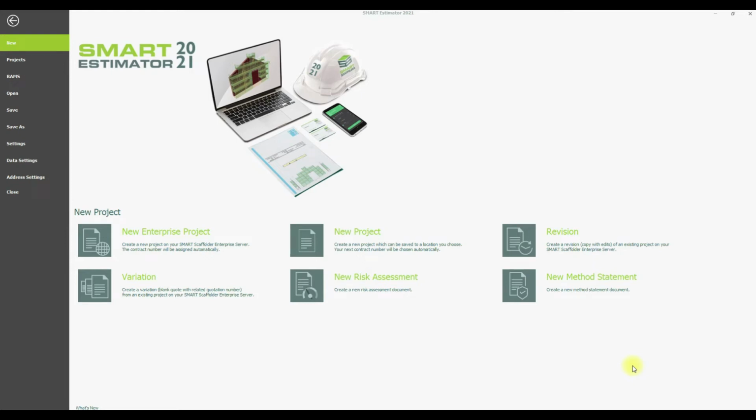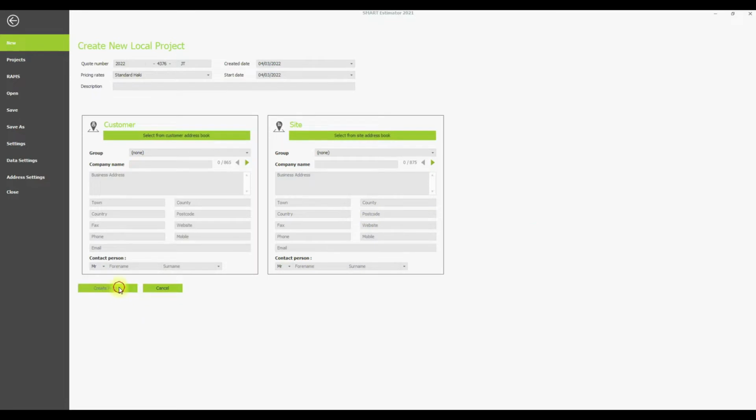Okay, so in this video, we're going to look at setting up your material configuration, so your hire rates and your preferred components that the software is going to use when generating kit lists and drawings. So if we just open up a blank project,